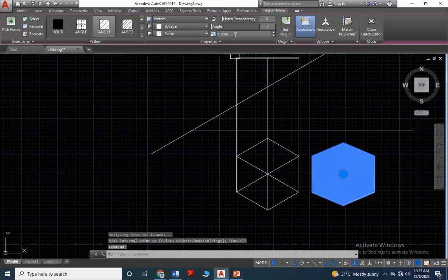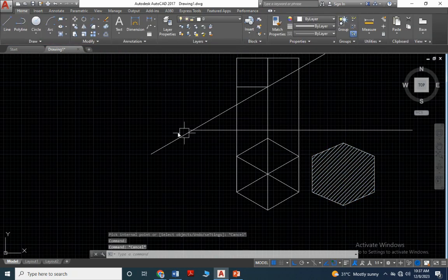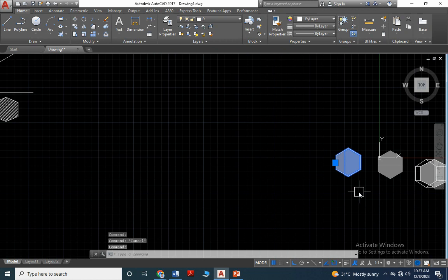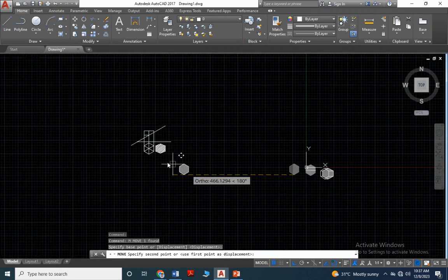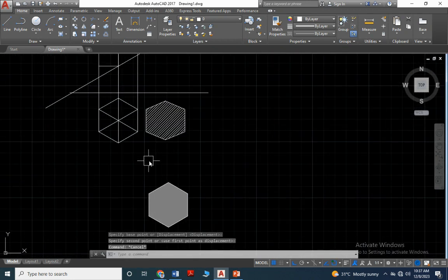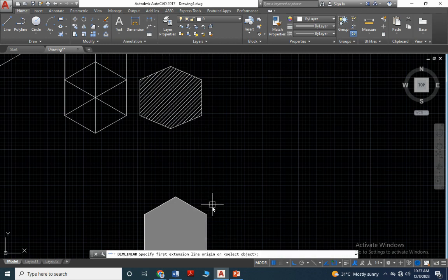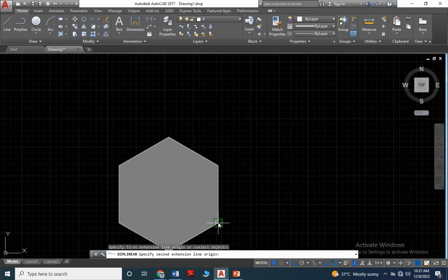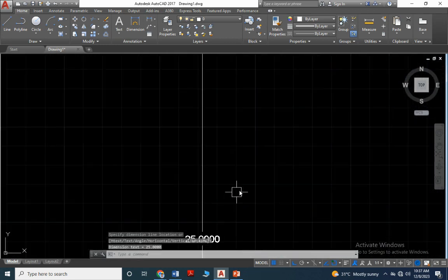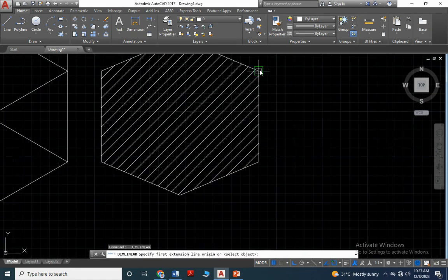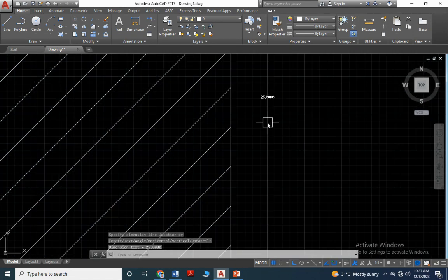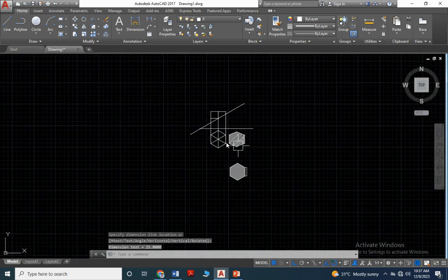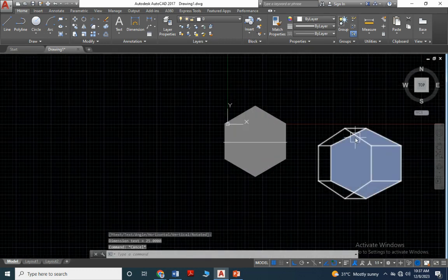Okay, 15. Now matching this view is actual 3D, and compare this, right? Actually 25, and this also 25, right? Similarly for this view also,